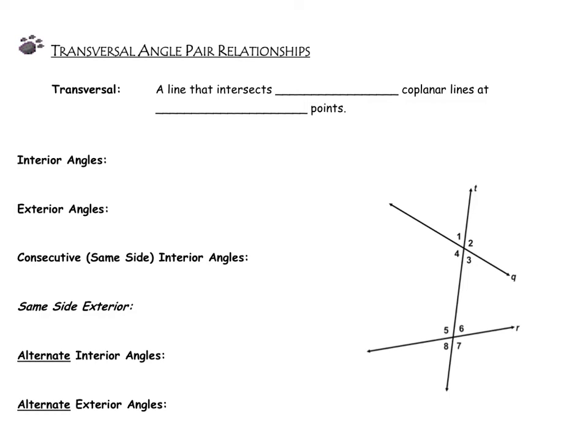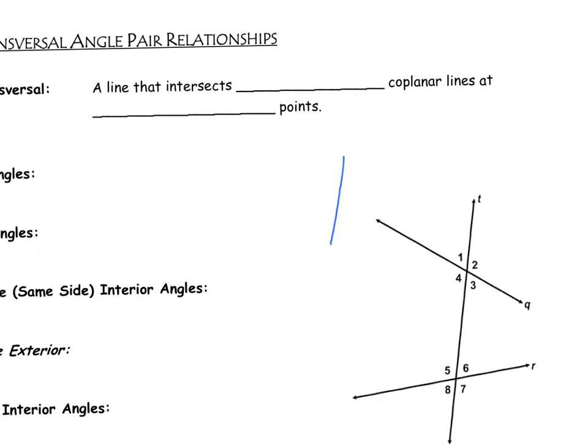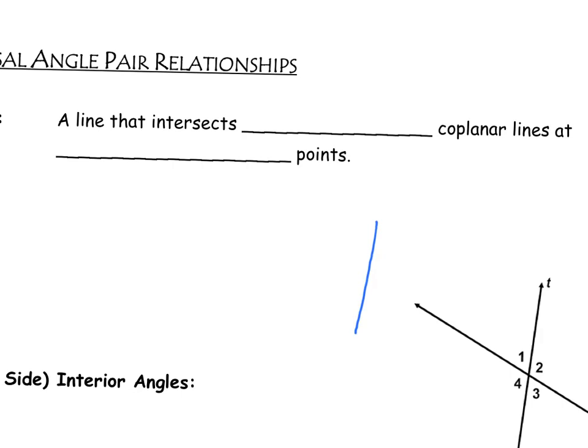We are looking at transversal angle pair relationships notes today. We're first going to talk about a transversal. We see that here. A transversal is a line that intersects two or more coplanar lines at two different points. And don't get confused by that definition. All it really means there is